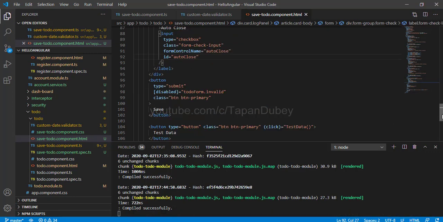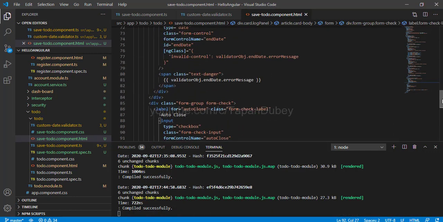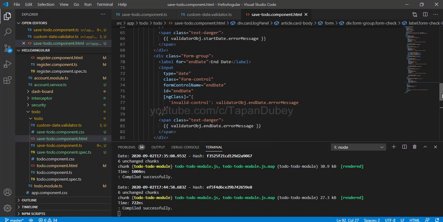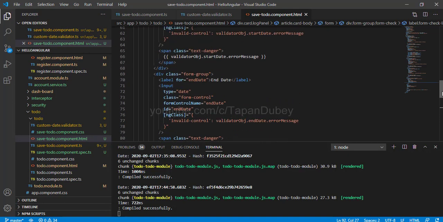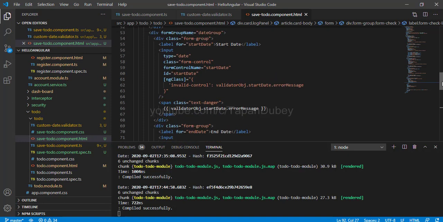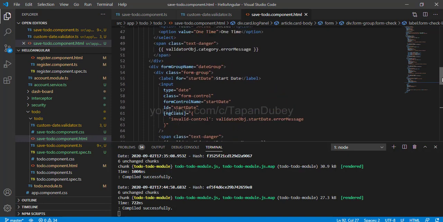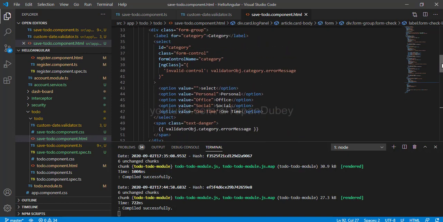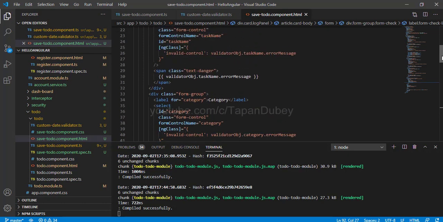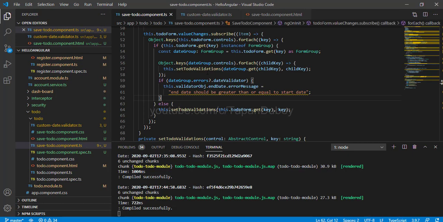So now we can see our HTML is looking very simple. All that complex logic and conditions we have moved to our component level, and our HTML is very simple now. Before I show the changes, one more change I want to make in our set to do